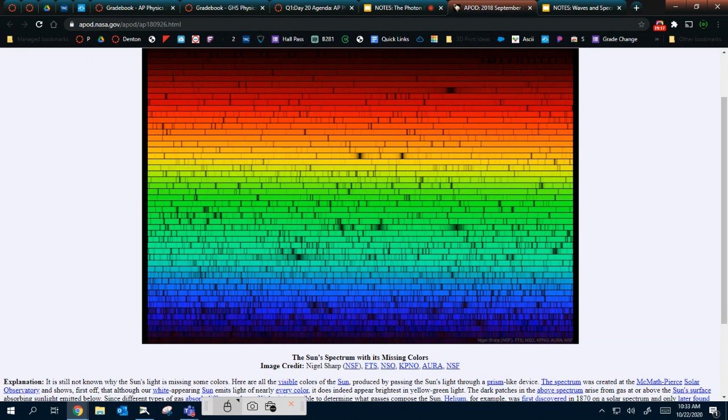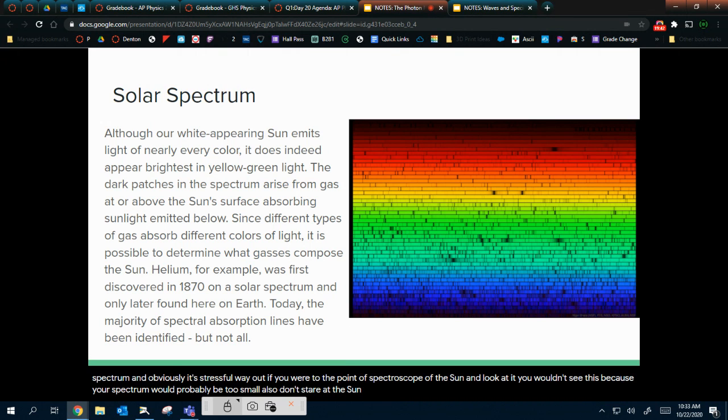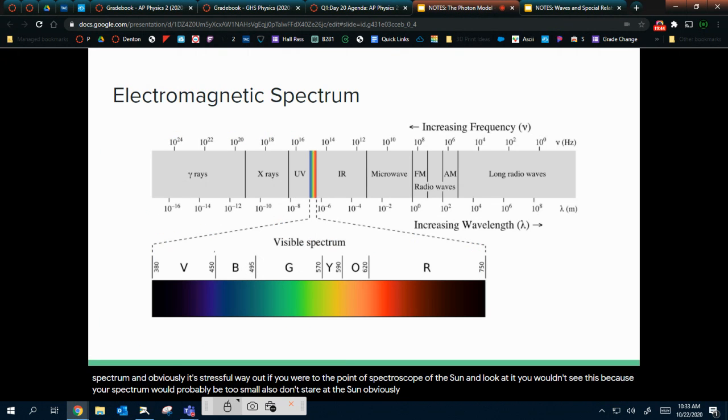So here you can see that the sun wants to emit all of these colors, but the gases on the sun absorb some of these, and that's why we get these holes essentially in it. This is just the visible part of the spectrum, and obviously it's stretched way out. If you were to point a spectroscope at the sun and look at it, you wouldn't see this, because your spectrum would probably be too small. Also, don't stare at the sun. Seems like an obvious thing, but